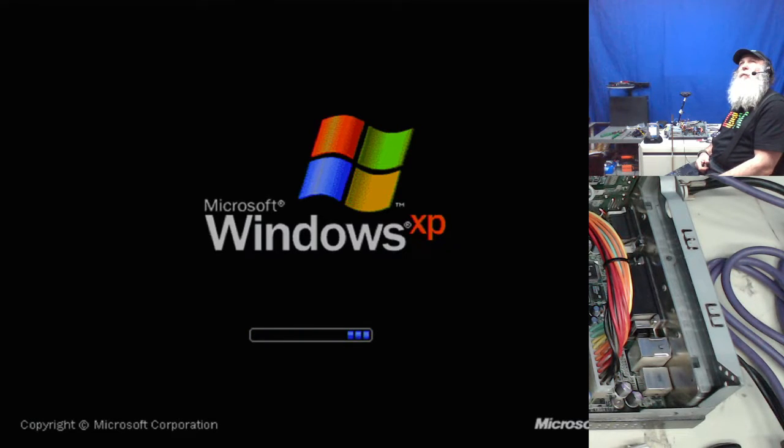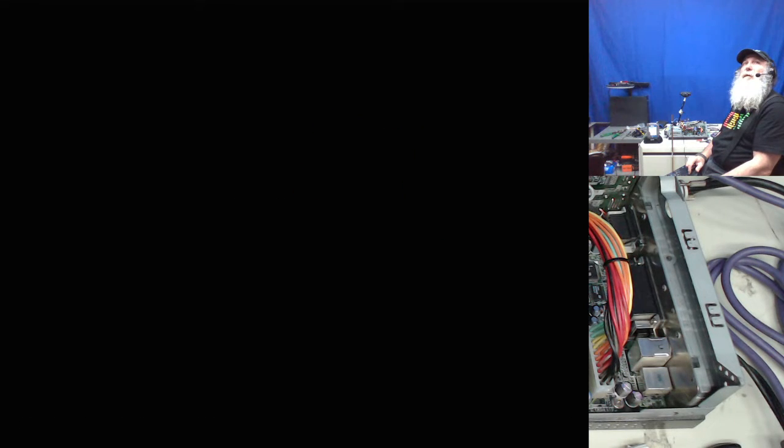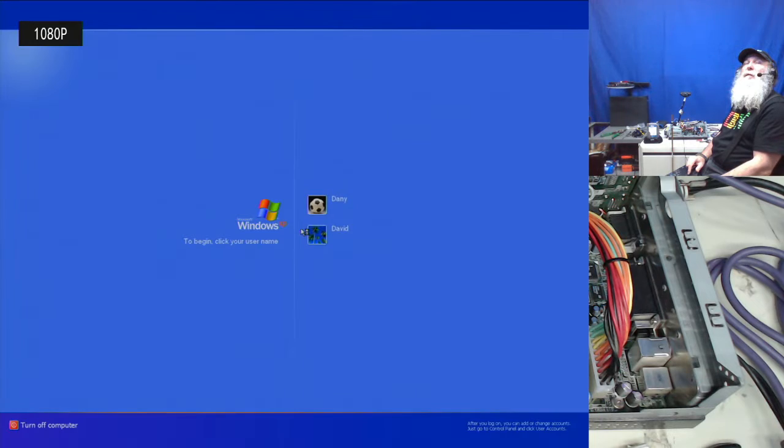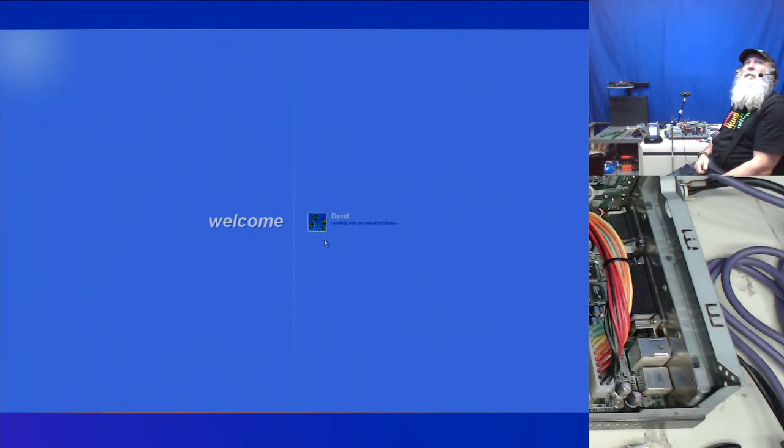But this system should be a lot more snappy. I think before, with the minimal amount of memory, I had the virtual memory locked down a little bit tighter. I was going through and specifying the setting, and now I've let the system run that virtual memory, and it seems to be running a lot better. Okay. Still about the same timing for all the loading personal settings and all that. And then it tries to load all the AVG and